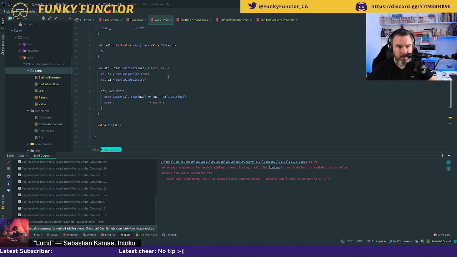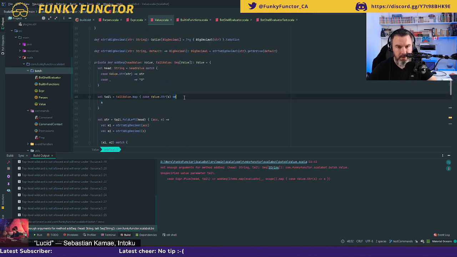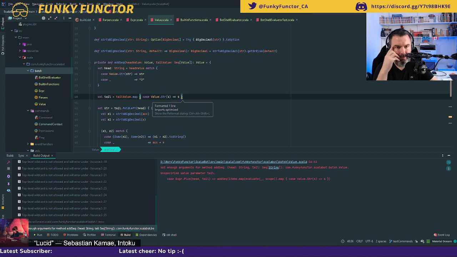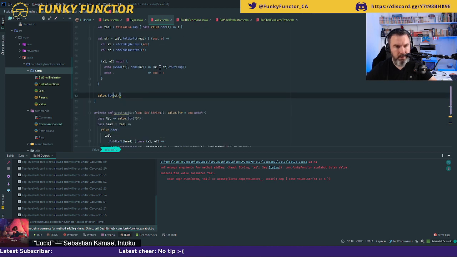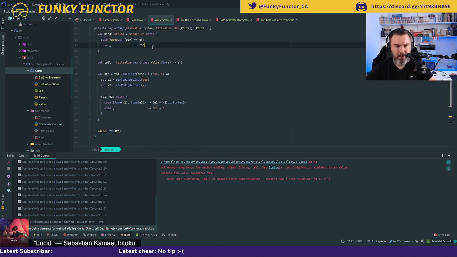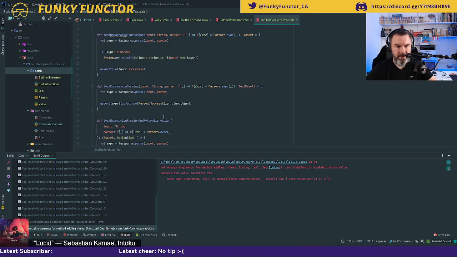So my add sequence remains the same. This thing here, like that. Okay, good. So I have my tail value. I'm retrieving all the strings, and then I take all these strings and I try to do a fold left with these, and that returns. Okay, so I think in the case I don't have anything before, that should return a 0 instead. All right, so let's put a test for that.